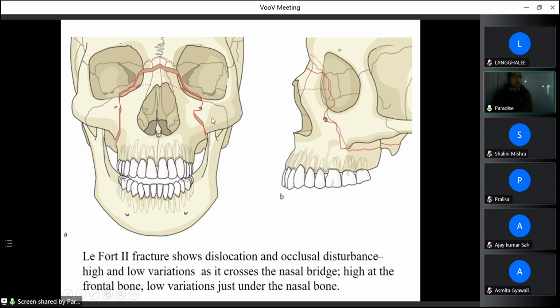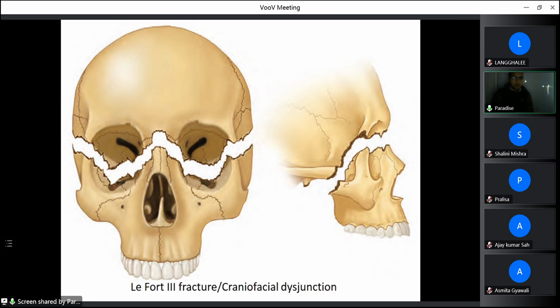It is also known as pyramidal fracture due to its shape. Next is Le Fort 3 fracture. Le Fort 3 fracture is also known as craniofacial disjunction. In Le Fort 3 fractures, ideally the fracture line starts at the frontonasal sutures. It disarticulates the frontonasal sutures, then also it disarticulates the suture between the frontal process of the maxilla and the